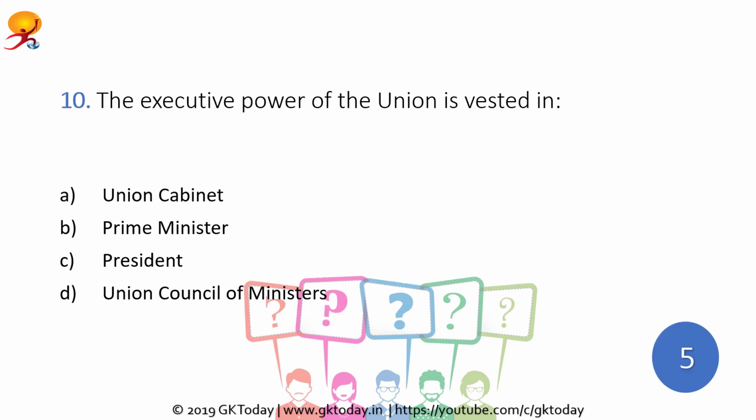The executive power of the Union is vested in who? Your time starts now. And the correct answer is the President of India. Constitutionally, the powers of the Union are vested in the President and all orders are passed in his name. However, as it is binding for the President to act according to the advice of the Union Council of Ministers headed by the Prime Minister, that makes the Council the de facto head, led by the Prime Minister again.